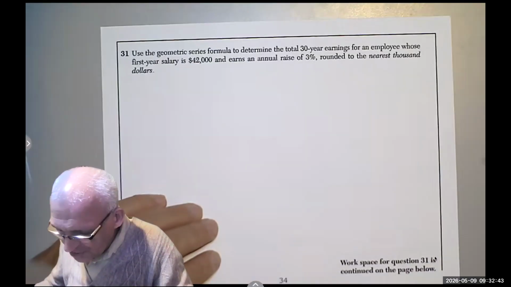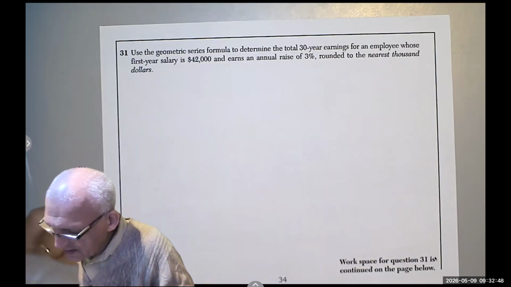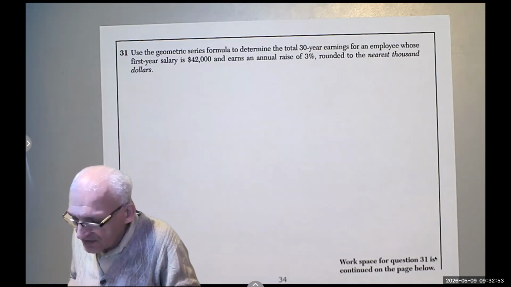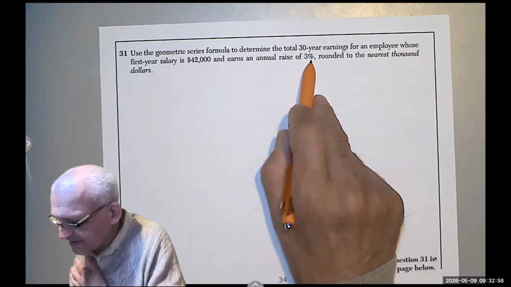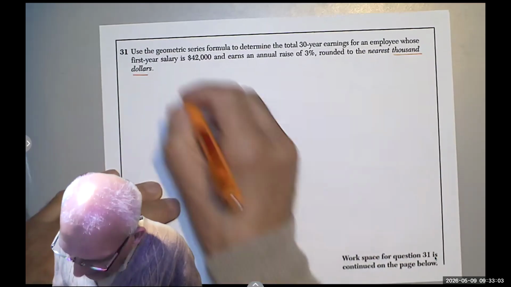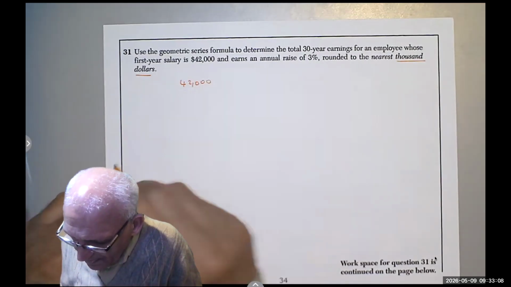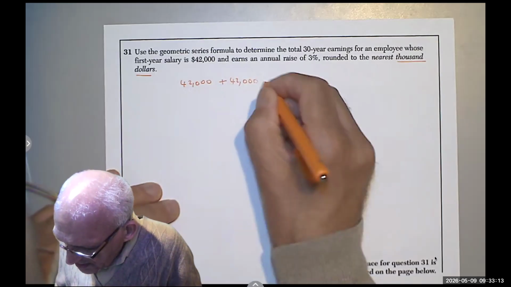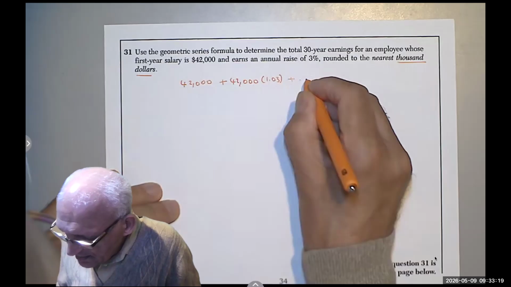All right, use the geometric series formula to determine the total 30-year earnings for an employee whose first year salary is $42,000 and earns an annual raise, excuse me, of 3%, rounded to the nearest $1,000. Okay, so I know that in the first year it's 42,000. In the second year it's 42,000 times 1.03. In the third, it would be